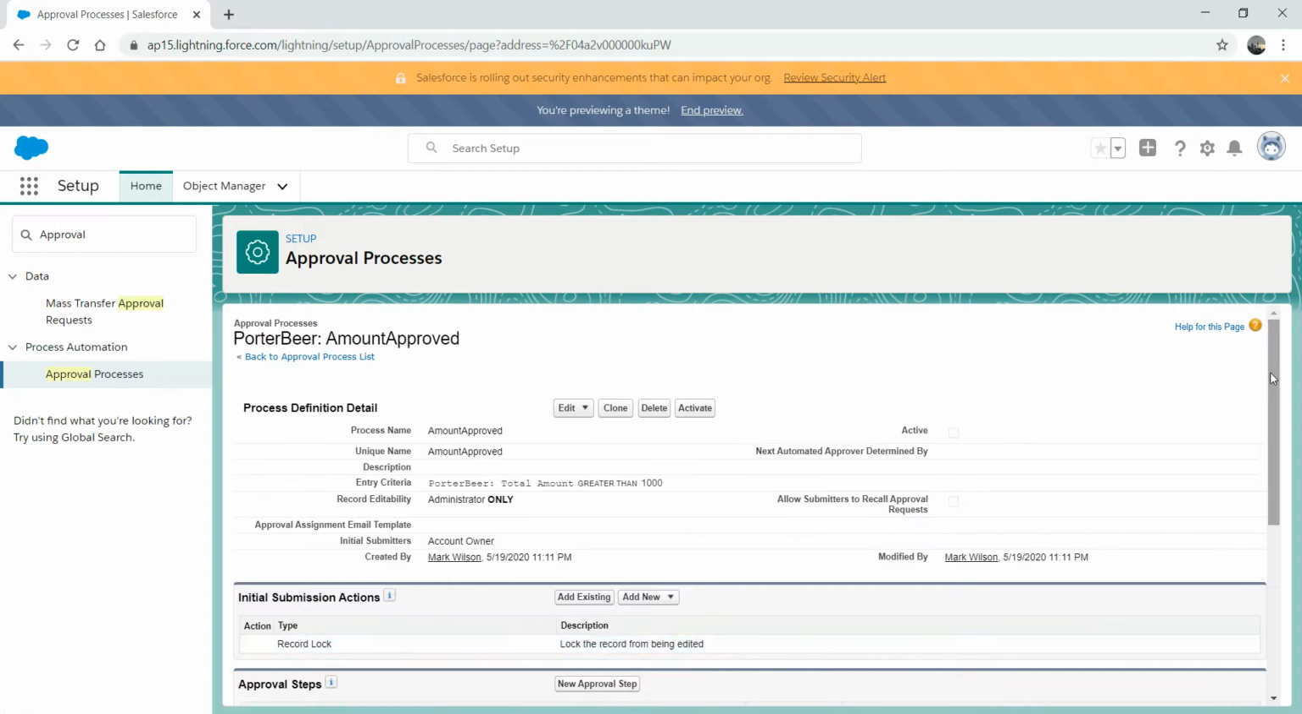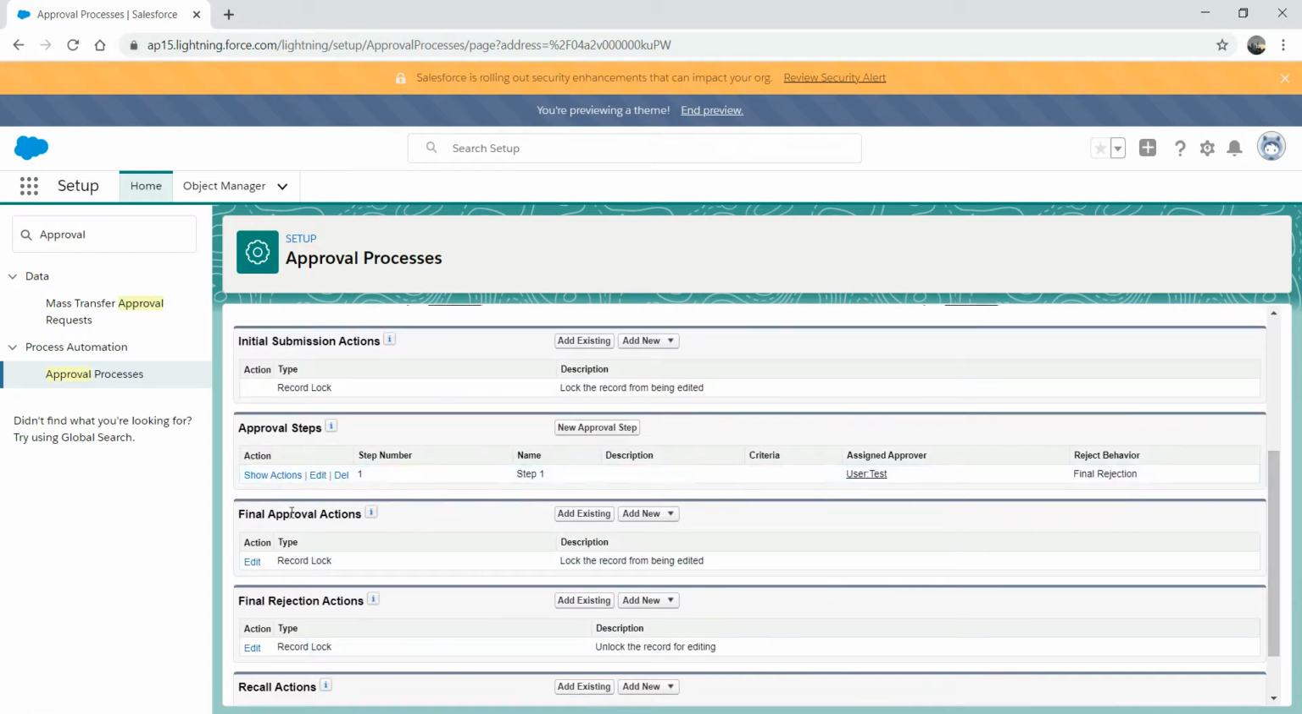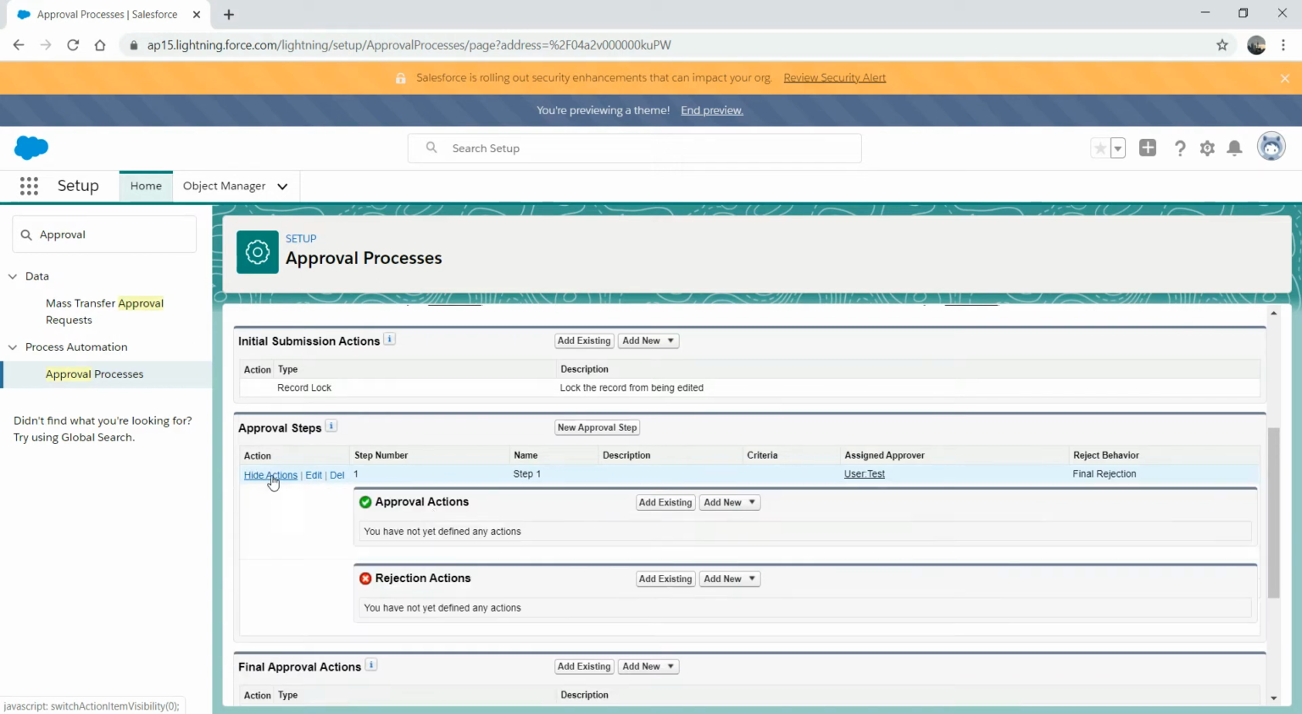So it will take you to this page. Then we're going to do show actions here, and we need to add approval actions: what happens when an approval kicks in, and what happens when a rejection kicks in. Our main intention, if you remember, is that we created two fields, amount approved and amount rejected. When the approver approves it, we will tick that checkbox, and when the approver rejects it, we will tick that rejection checkbox. So field update,